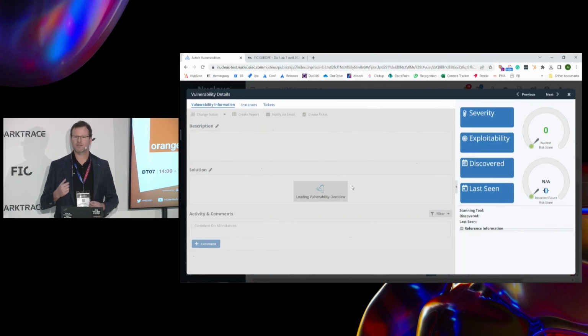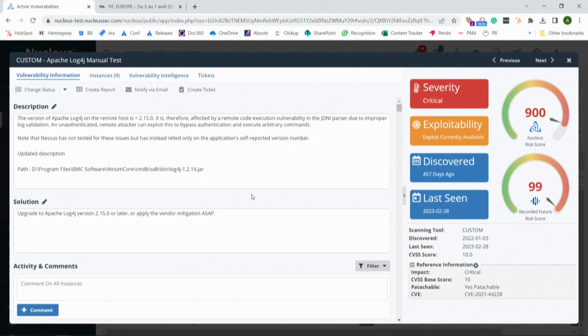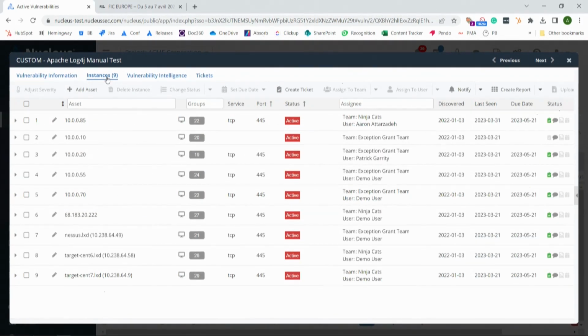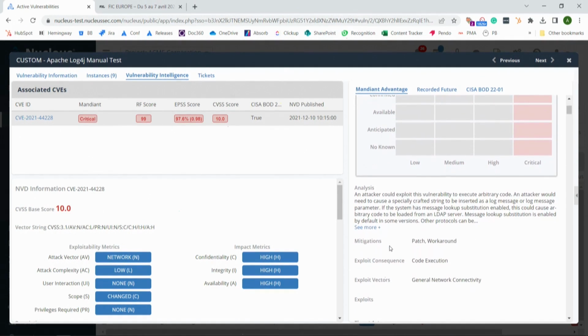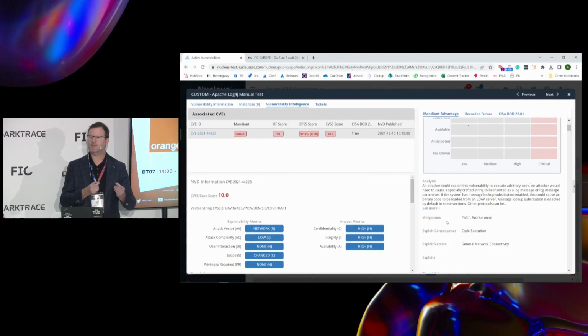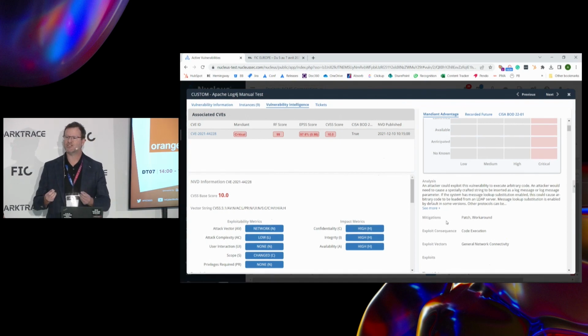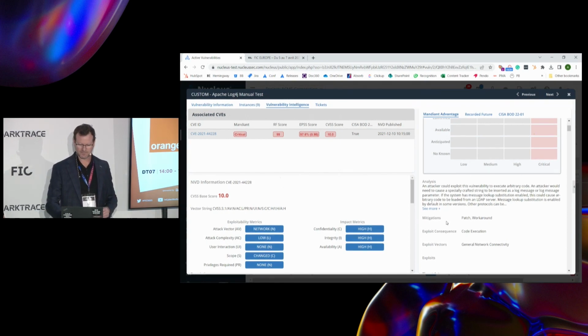Digging deeper into the threat intel concept, we have our favorite Apache Log4j vulnerability here. On this detailed view of the vulnerability, you can quickly see what assets it is affecting. Then you can dive into the vulnerability intelligence details to get all of the rationale and justification you need as a security analyst or a manager to make high-quality remediation decisions and to justify those decisions to the